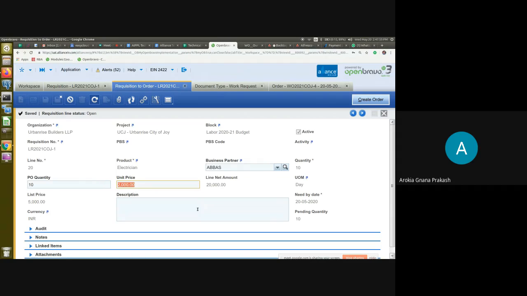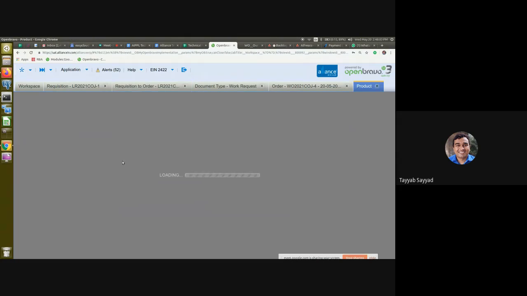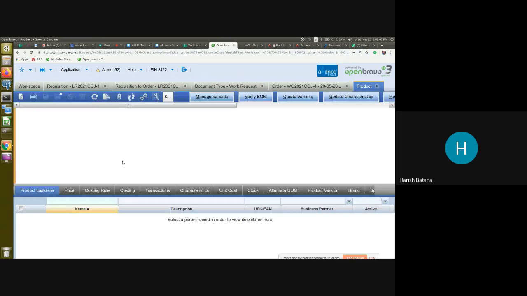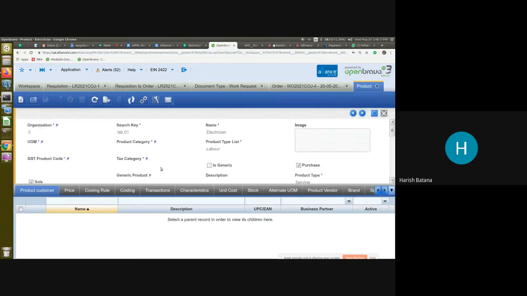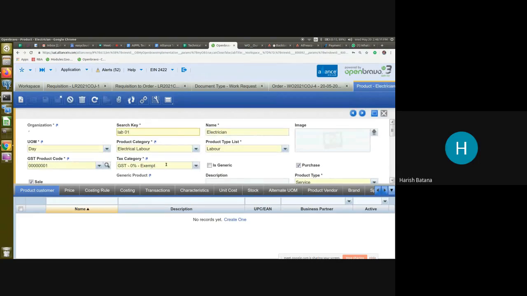Sayed, what about tax? It is based on the definition of the product. You can see in the product, there is already a tax category mentioned for that one. Maybe the question is how to review the tax, right? It is automatically coming, yes, but how can we verify that it has come correctly on the screen and maybe in the print?